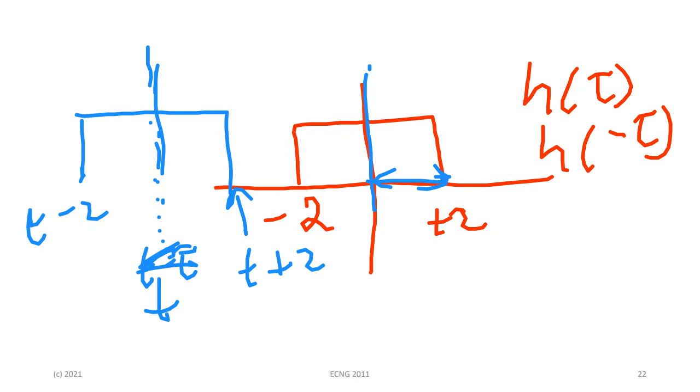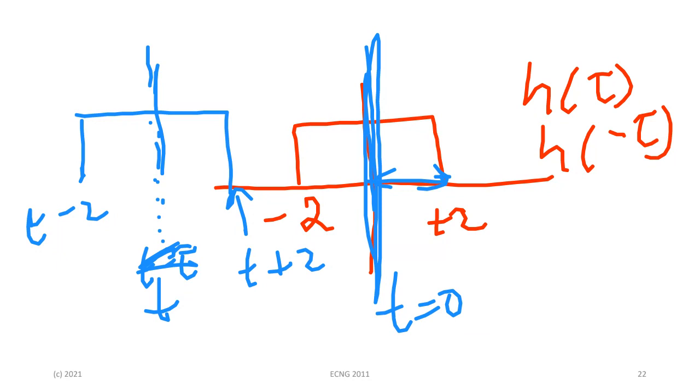Whatever the axis, when you reverse, you're always reversing it around t equal to 0, right? Whenever you go from h tau or x tau to h minus tau, you're flipping it around the t equal to 0 point. So when you shift up and down the axis, that is the point that is going to be moving up and down. So you need to know where that is in relation to the pulse itself. So for argument's sake, and I'm going to come to that later, if I had something looking like this,